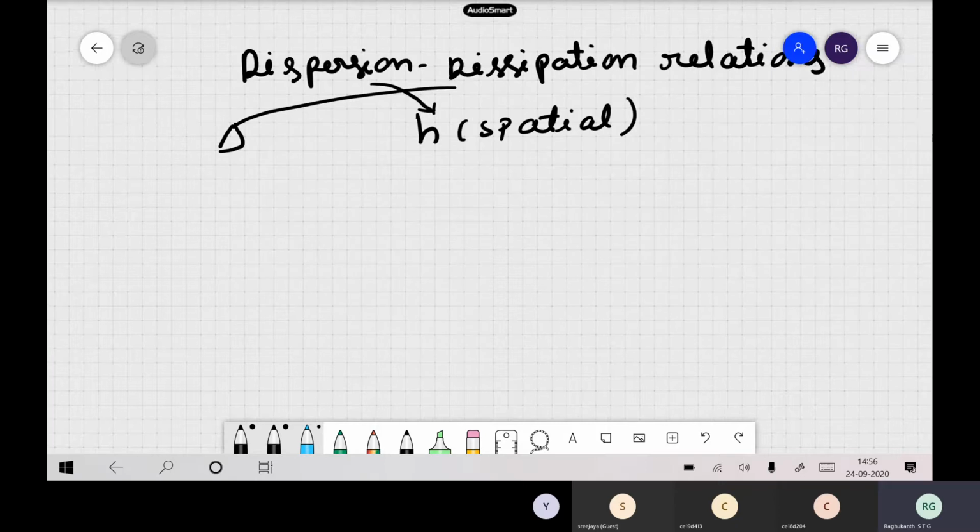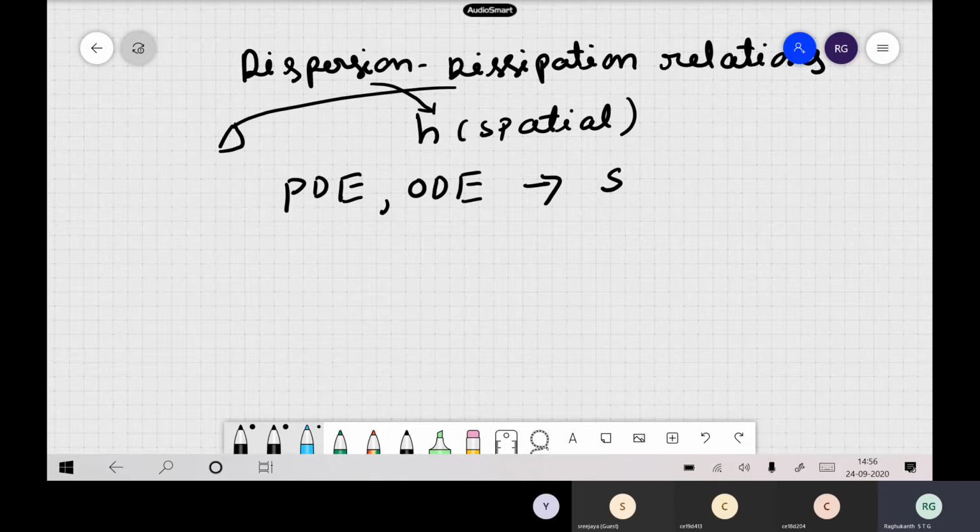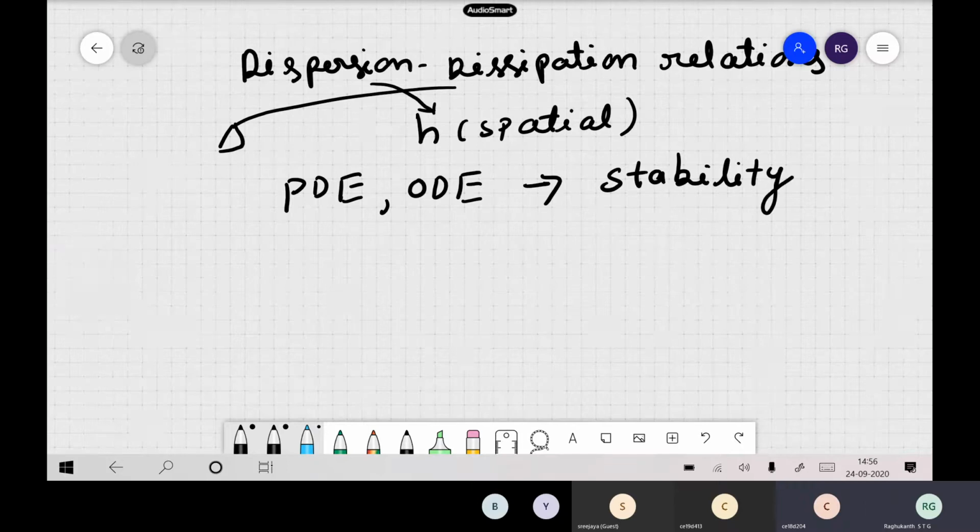What is the method we said yesterday? If I have any partial differential equation, or any ordinary differential equation, and I want to check dispersion or stability, these types of issues, what do we have to do? How do you check? We take the equation and substitute it in the FDE, and take the FDE minus the original equation.